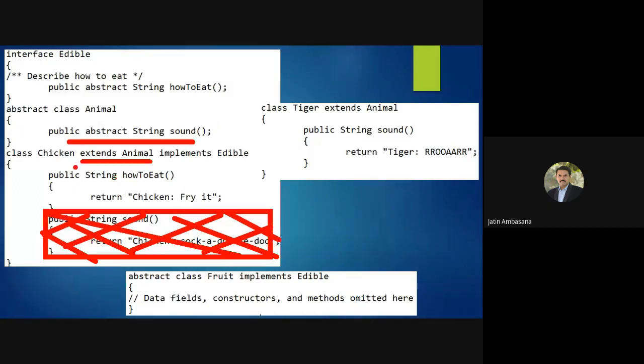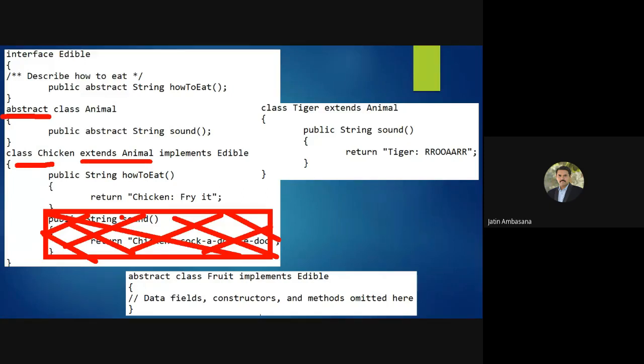And if the Chicken class is extending Animal and not implementing it, then it should also become an abstract class. Since Chicken is a subclass of Animal, it also becomes abstract.